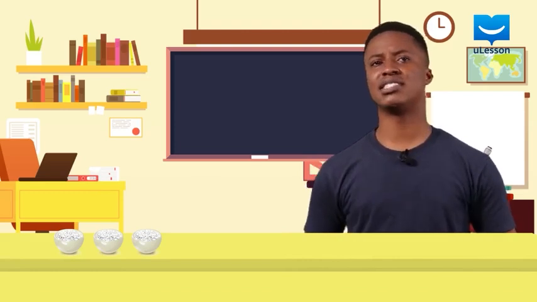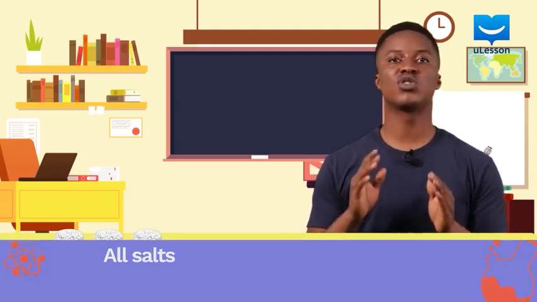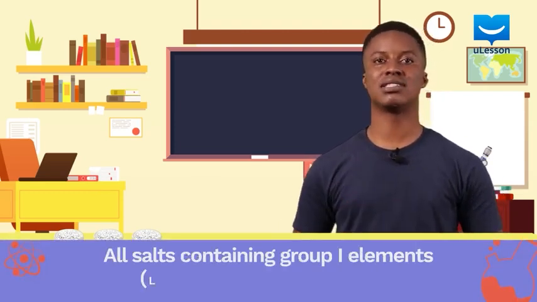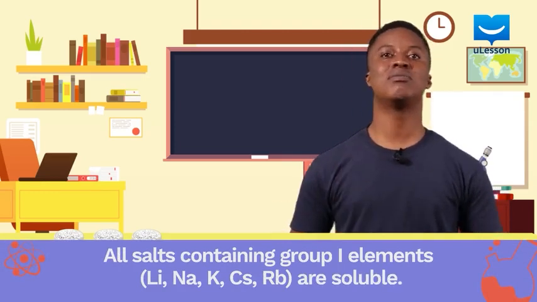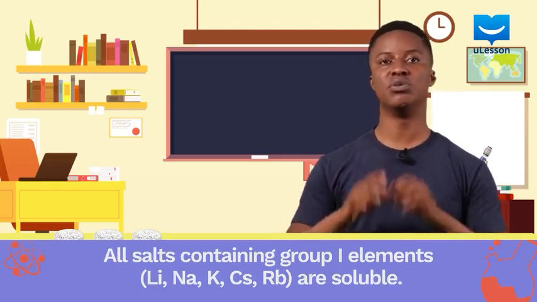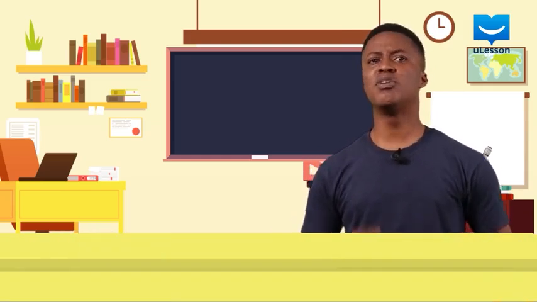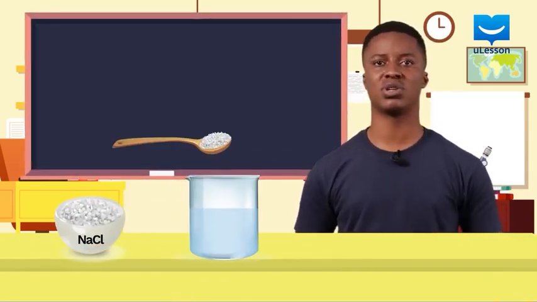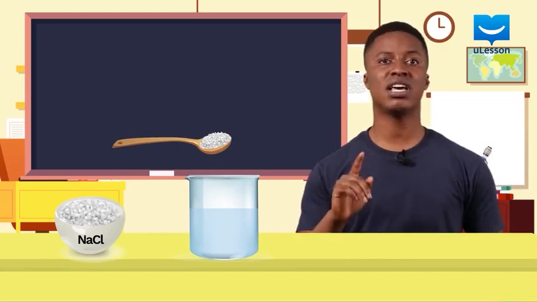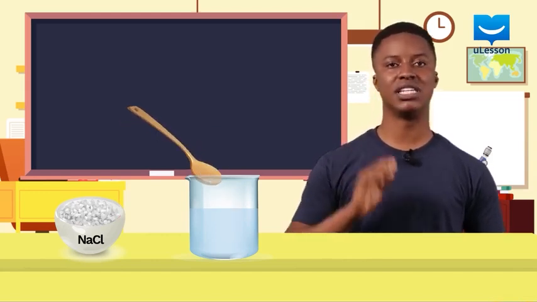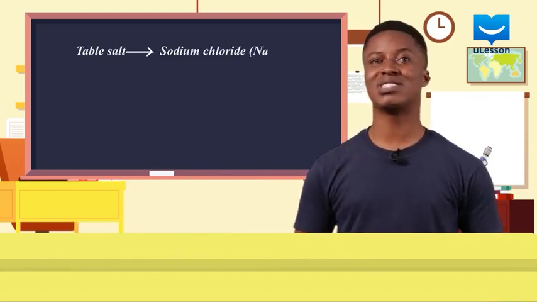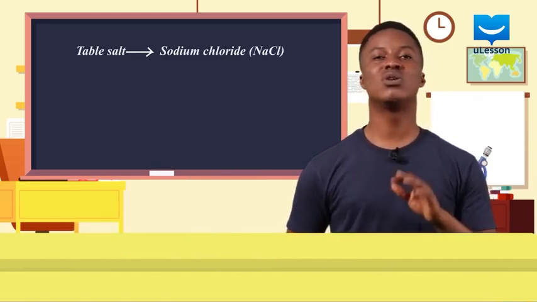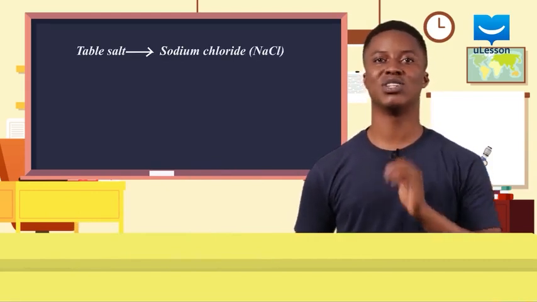The first rule states that all salts containing group 1 elements, lithium, sodium, potassium, cesium, and rubidium, are soluble. For example, if you put a certain quantity of table salt in enough quantity of water in a container, you would observe that the salt would dissolve completely. Do you know why? It is because table salt, that is sodium chloride, contains a group 1 metallic ion, that